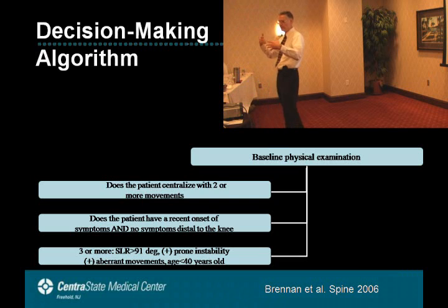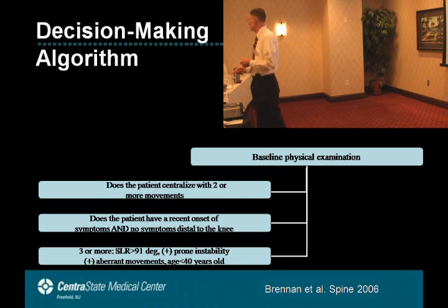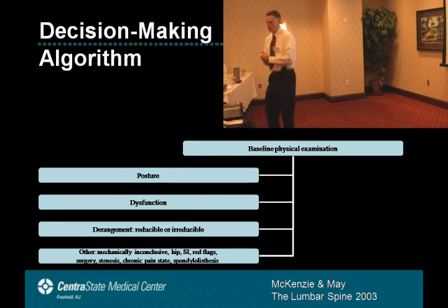The first tier is looking for directional preference in the Brennan approach or DeLitto approach. The second tier, what we have here is 4 out of 5 criteria suggesting manipulation. So this patient, let's say, would receive manipulation based on the evidence. And it doesn't fit in with this stability group. Okay? So that would be a decision-making algorithm for Brennan or DeLitto. For example, if John were here and he were to classify his patients, they wouldn't fit the 3 syndromes. They would end up being mechanically inconclusive on that first visit.